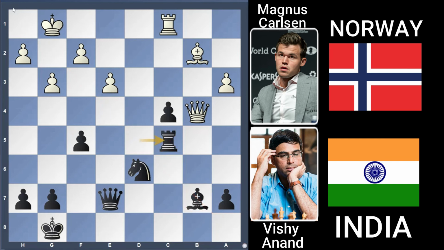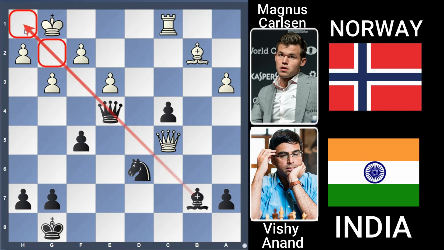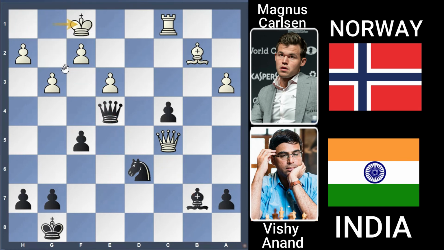So the move is rook takes knight. What a sacrifice. This is because if queen takes, which happened in the game, then queen to e4, game over. You can see that now it's very crushing. You cannot stop the checkmate here. And also there's only and only one way, that is king here, to stop this checkmate,